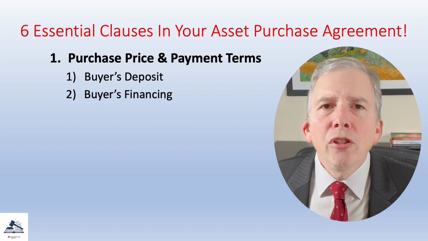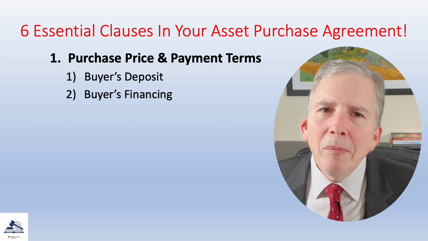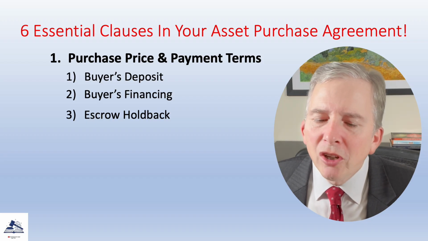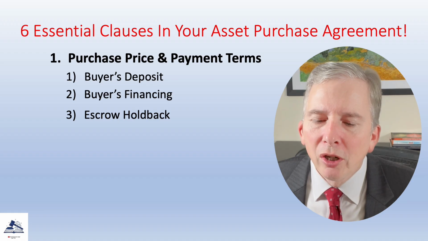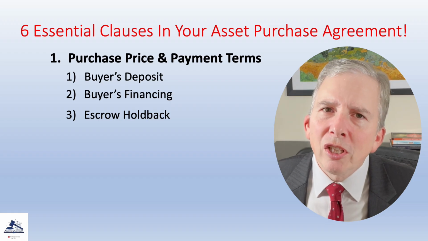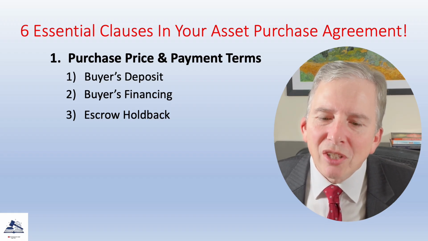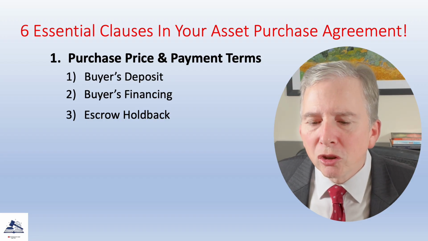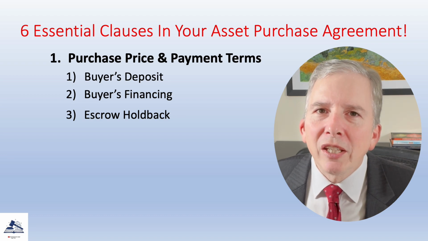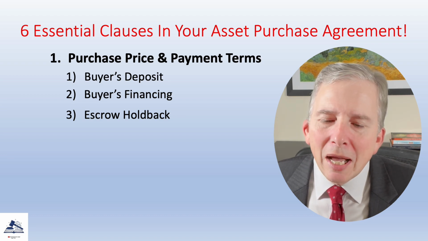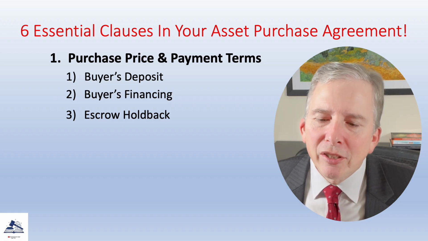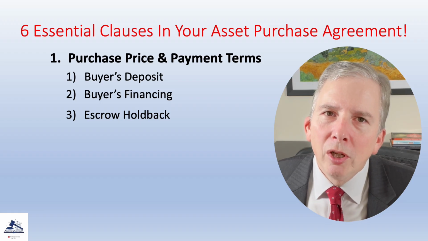clause of the APA. The third possible component that may be identified is any part of the purchase price that's being held back in escrow. Usually this is done to protect the buyer when there is some uncertainty about whether certain events might occur in connection with the business after it's been purchased by the buyer. For example, if there's some uncertainty about whether a certain key customer will stay with the business after it's sold, you might put a portion of the purchase price in escrow for a couple of months that's paid to either the buyer or the seller, depending on what the key customer does. However, if any amount is being held in escrow, this should be specified in the purchase price section of the APA to indicate that a portion of the purchase price will be paid into escrow to be dispersed later.